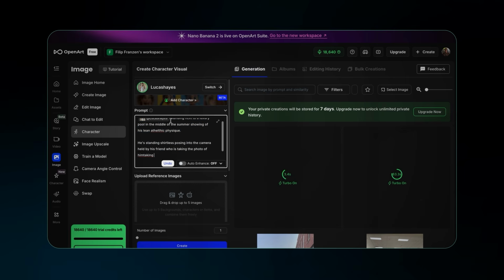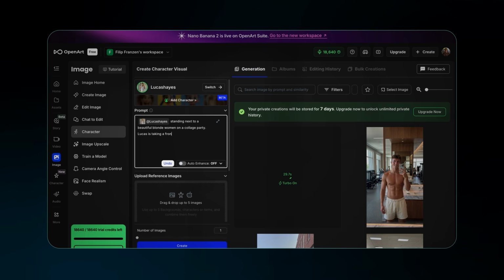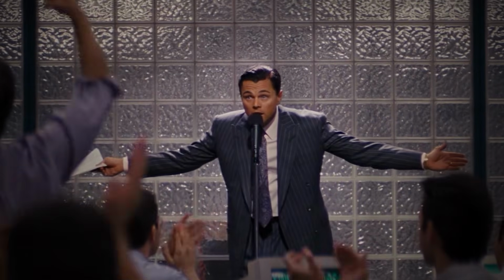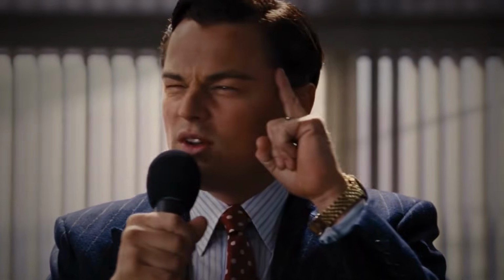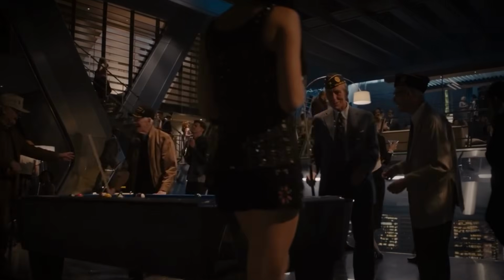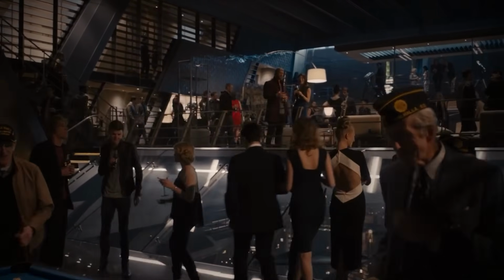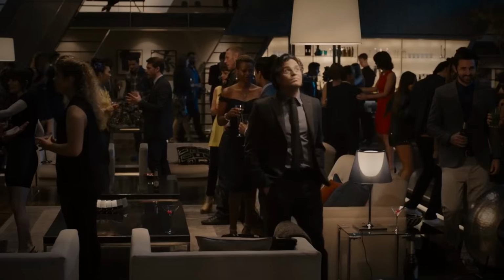Now repeat the same process and create multiple images. We want to create the illusion of him living this new lavish lifestyle after he had the glow up. So I generated a couple more images of him being at the pool, partying, hanging out with friends, driving supercars, the stuff you do when you want to build a successful image of yourself. The images look good, but images alone won't get the job done.